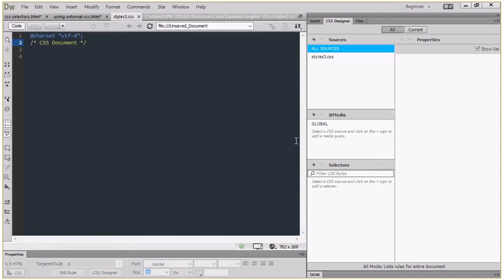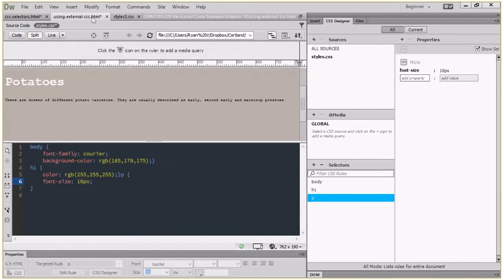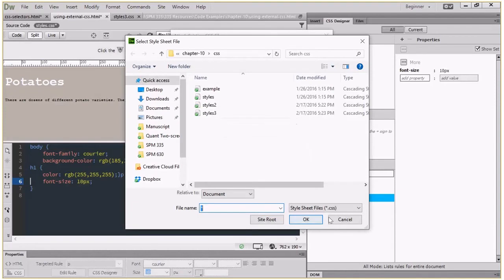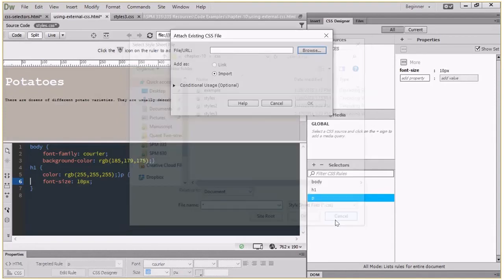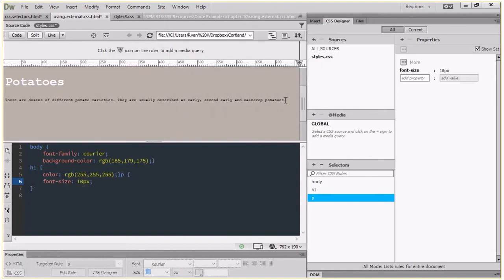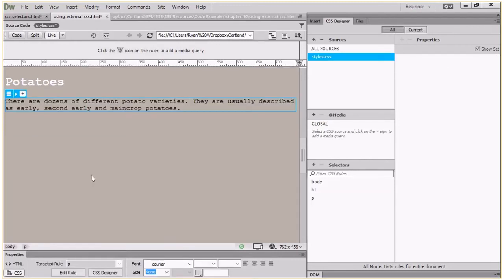Now, if I wanted to attach that to a page, I would just follow the steps I just followed with attaching the other document. Attach existing CSS, navigate to where it is, put it in there. So that's how you create one overarching CSS file that can apply to every part of your website. The last thing I want to show you is all the options that Dreamweaver gives you once